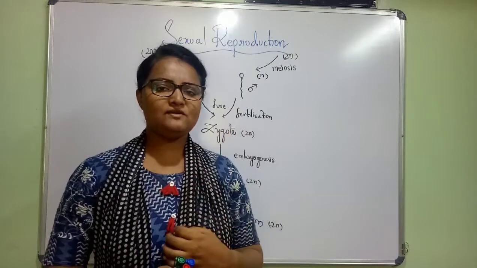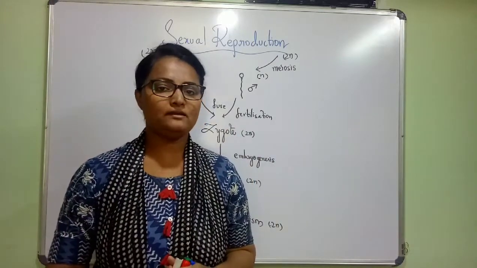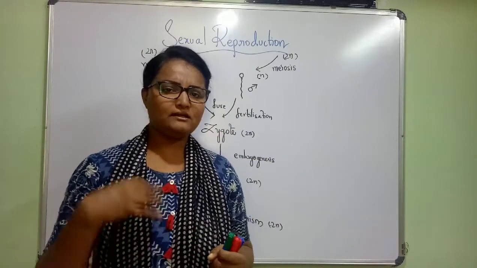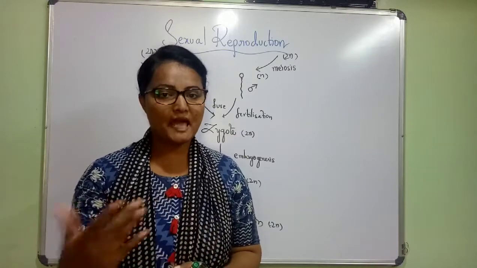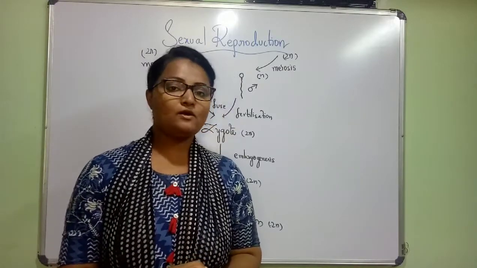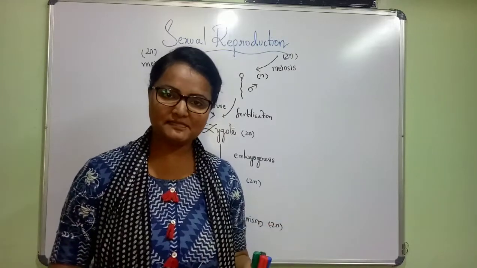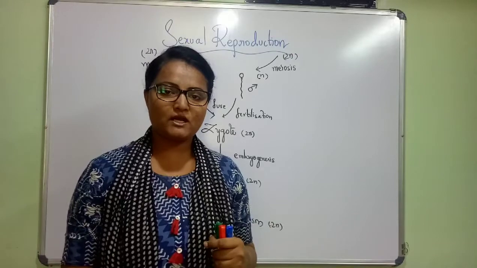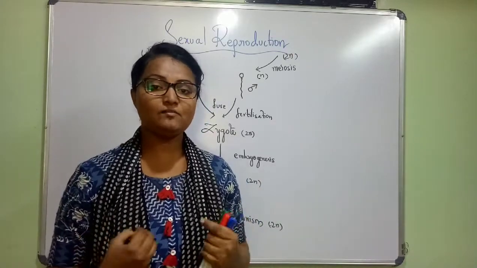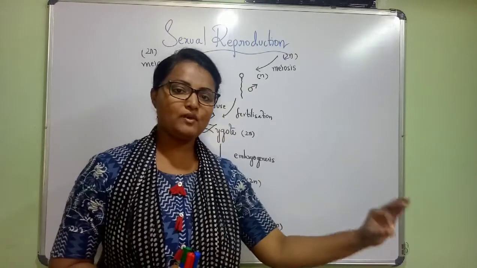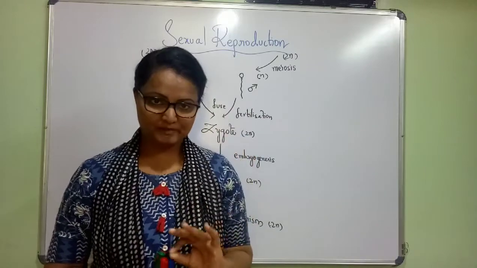Because an individual, for example in human beings, we individuals are diploid. We have a complete set of chromosomes. But during gametogenesis, meaning gamete production, we undergo meiosis. In the respective sex organs, that is testis and ovary, there will be production of egg and sperm by undergoing reductional division, that is meiosis. Hence the 2n cell is reduced into n gametes.